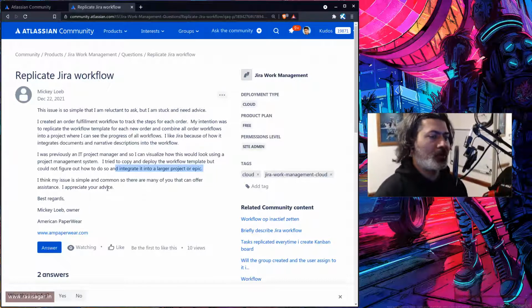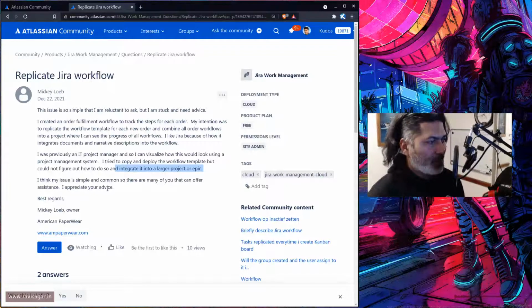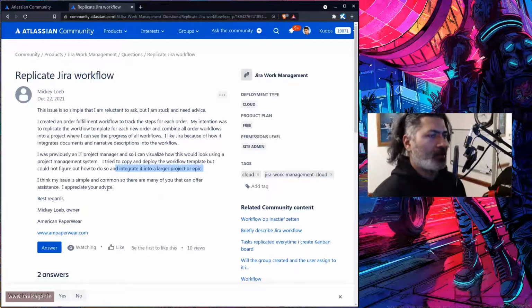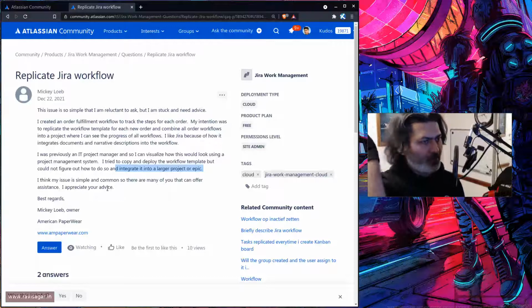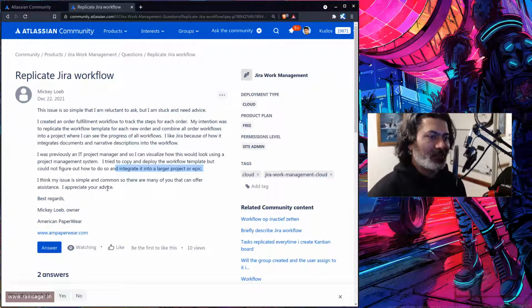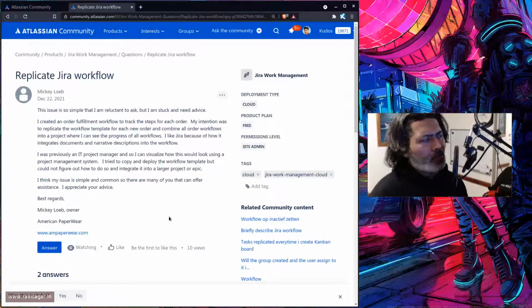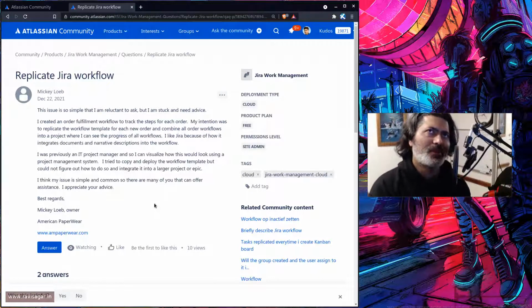So from this particular question, it is not clear, by the way. If you read the question here, Mickey is talking about workflows, but at the same time, what Mickey is talking about is order management and some kind of, let us say, aggregation based on what is happening at lower level, and maybe for this order management process there are various activities that need to be done, and the requirement here is possibly showing the progress overall.